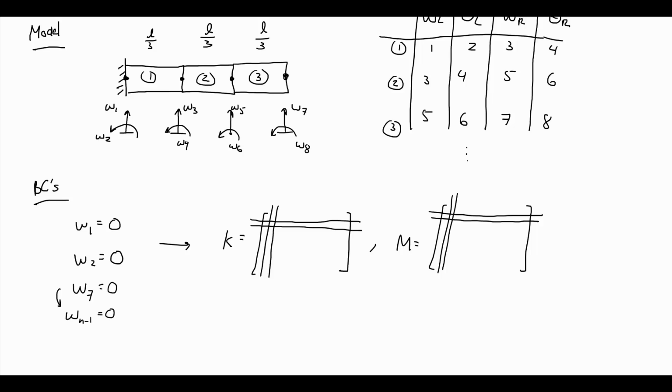So what is this going to do? That means that we are going to also eliminate the second to last column and second to last row in K, second to last row, second to last column in M will be eliminated from those global matrices. So 3 rows, 3 columns eliminated from each to enforce these boundary conditions. And again, that's really the only change between this problem and the fixed free version of it.